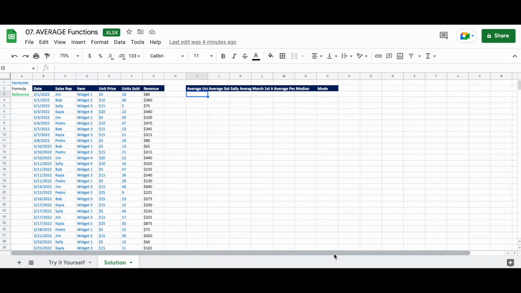Cells B2 through G37 are the March sales report for Wando's widgets, the worldwide winner with widget sales. Column B is the date the sale was made. Column C is the rep who made the sale. Column D is the item sold. Column E is the unit price of each widget. Column F is the number of each widget sold per order. And column G is the revenue generated by the sale, and it's a formula. Now that we understand what is going on with the page, let's start functioning.